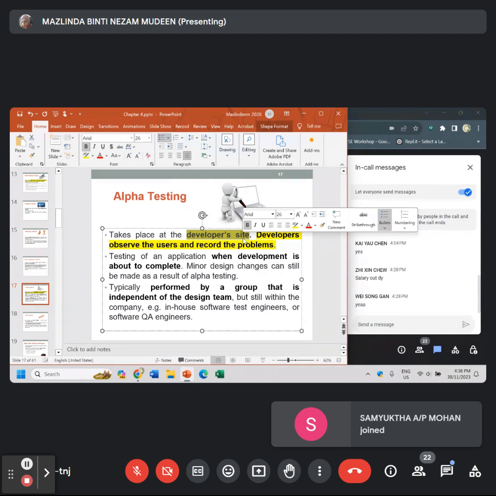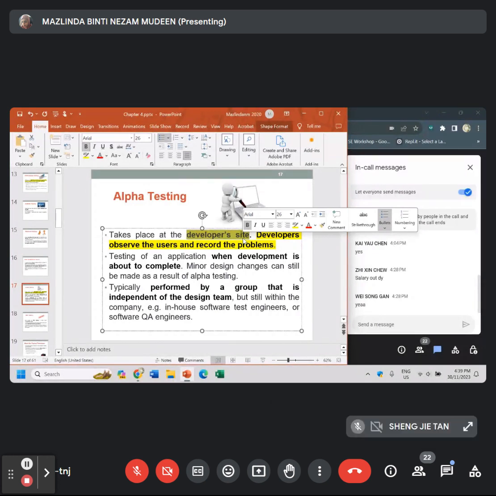So normally any internal staff, except the ones who understand the requirements or were part of the development and know what this system is about, will not be part of the testing. But those who are independent of the project will be able to do the alpha testing and give feedback so that the development team can make changes before they send the system